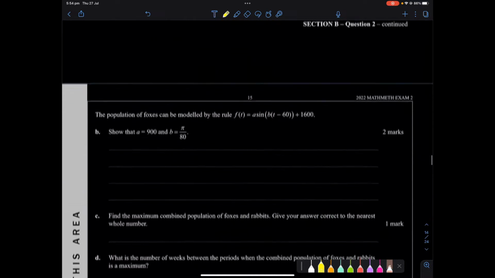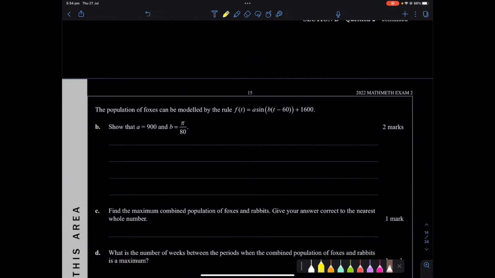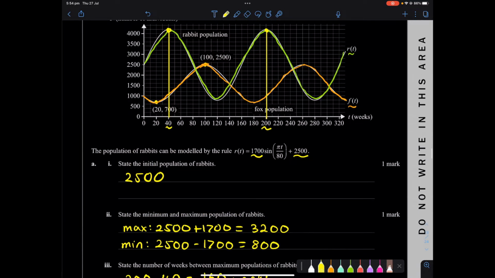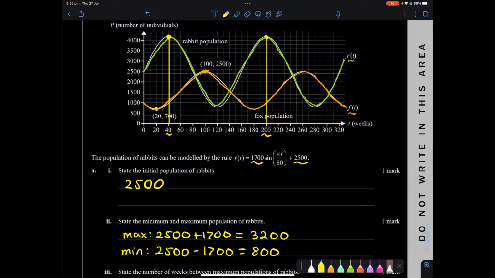Let's move on to the next question. The population of foxes can be modeled by f of t, which is this value over here. Show that a equals 900 and b equals pi over 80. Well, what we can do is say that the middle value, so, okay, to do this,